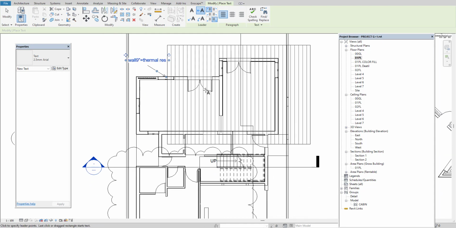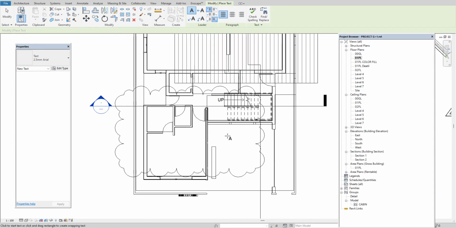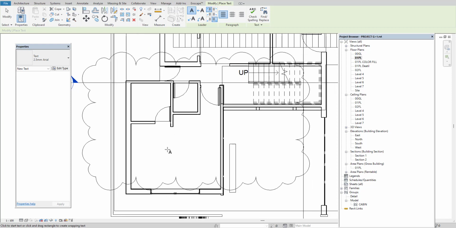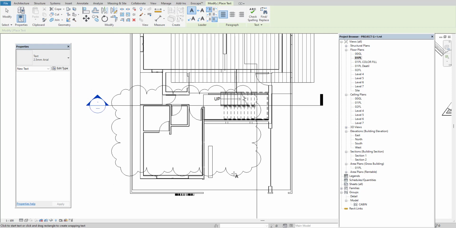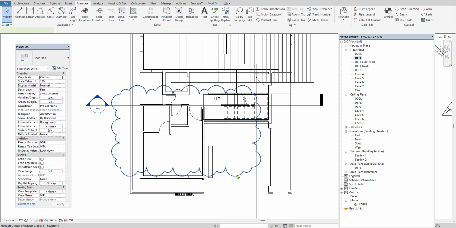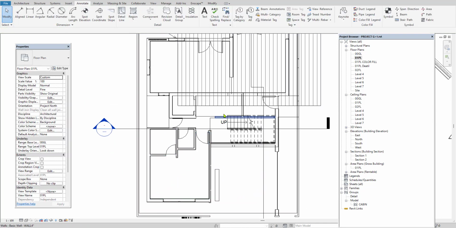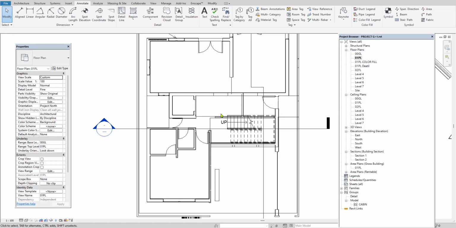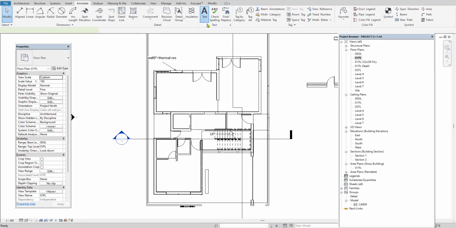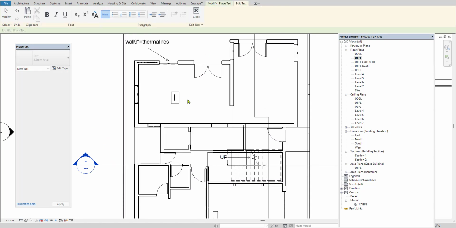Even to name the rooms, we use this text option. Take a text option. We already learned this thing in the color fill option. So I want to delete this revision cloud, and then I will show the name, and also I delete this mask. Take a text option and give the naming to your room, that is your living room, kitchen room, whatever it may be, depending on the requirement.